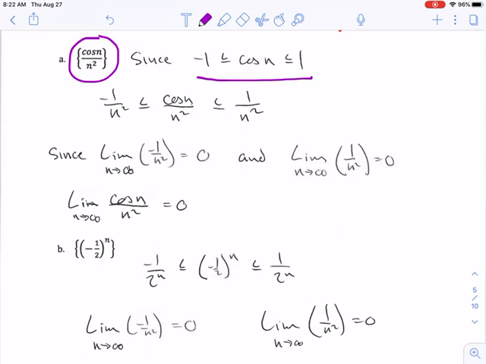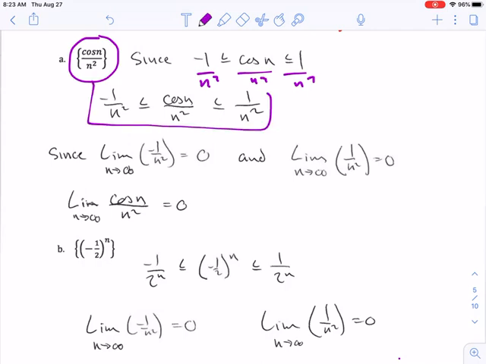So cosine of any function is always less than or equal to 1, greater than or equal to -1. And so if we just take this relationship right here, okay, and we basically divide each one of these by n squared,